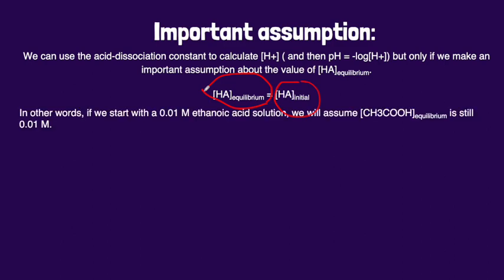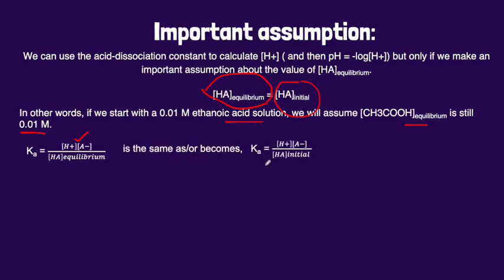Okay, so this means that if we start with 0.01 molar of any weak acid, then at equilibrium, its concentration would also be 0.01 molar. So how can we change our equilibrium constant based on this assumption? You have Ka, your products over your reactants. It is the same as this, my products over my reactants,